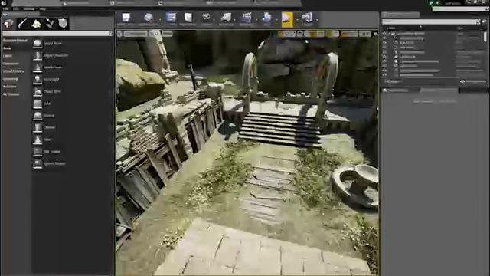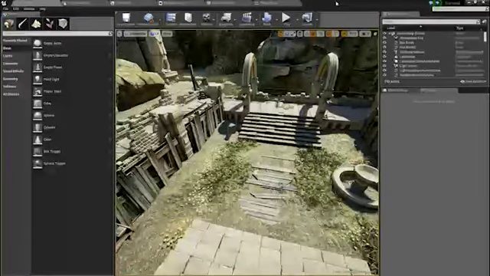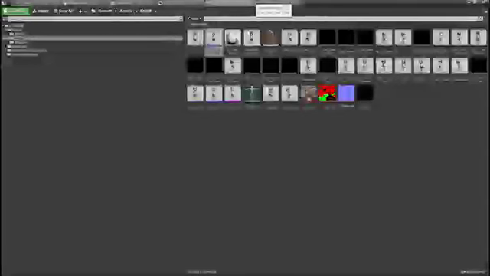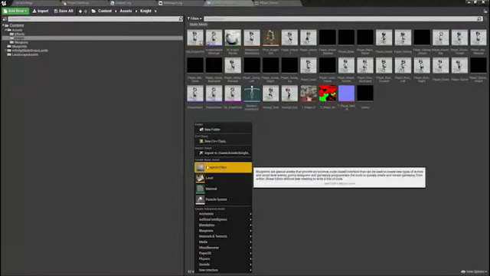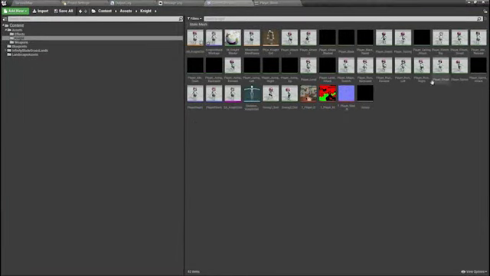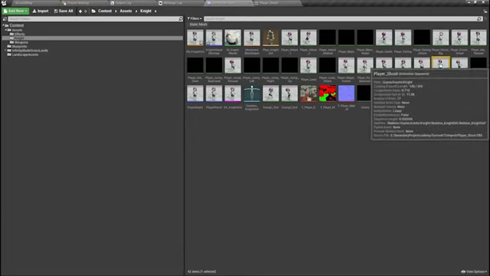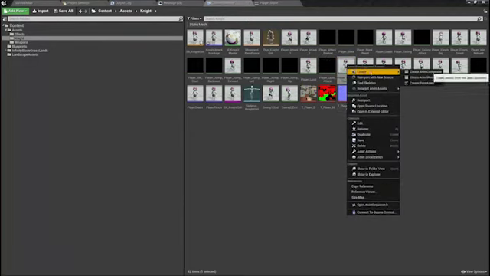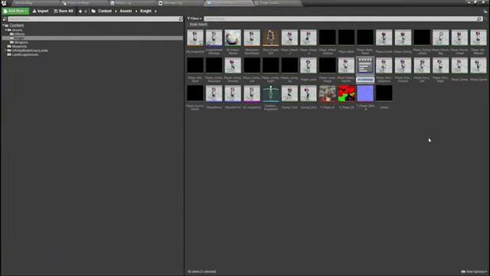So we've set up the basics of our magic effect, but it's time we actually tie this in with some anim montages and make sure it's not going to conflict with anything else that's going on in the game. So the first part of that is going to be the anim montage itself. I'm now going to go to Content Browser, and I'm going to right click, and create a new anim montage based on, there's player shoot, which is the firing effect itself, at which point we also have magic switch. So I'm going to create it off of magic switch, and I'm just going to call this magic shoot